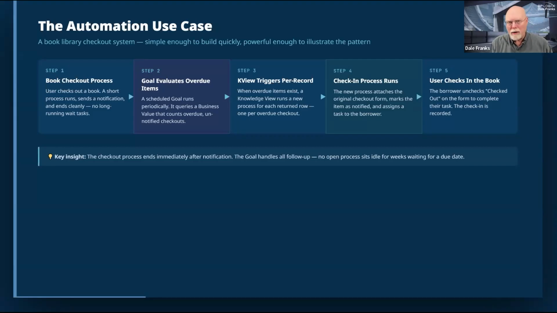What you don't want in a situation like that is for someone to check out an item and then have an active wait task or some other active task holding that checkout in a pending state for a year. You want to do your checkout, and then you want to end that process. In a year, when that equipment or book or whatever needs to come back and be recalibrated, you're going to want to invoke a new process.